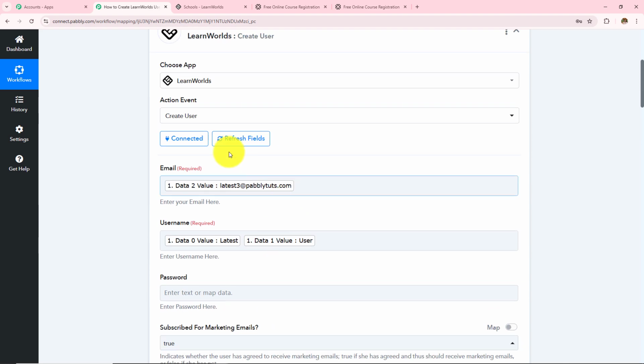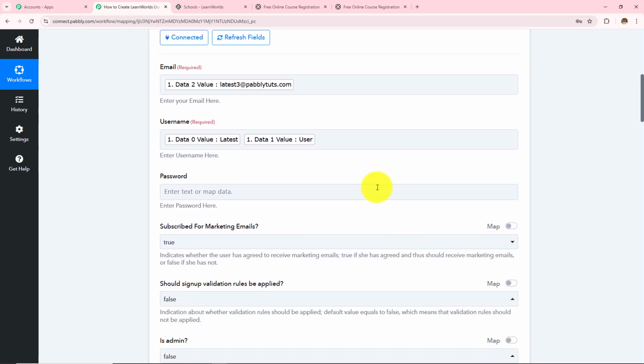And then over here, mapping is important so that every time you receive a new response, it is taken into consideration in these fields. Manually entering the data will make these fields static and the information will not change even if you have received the new response. Over here, if I manually enter any detail, this field will become static and every time I receive a new response, the result will not change. So as to keep these fields dynamic, we use this process of mapping instead of manually entering the details.